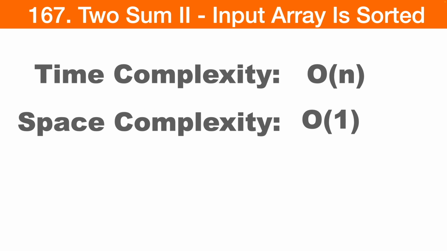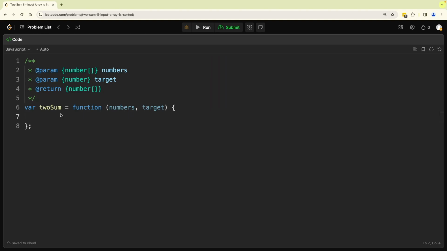With this we will jump on to code. Now we will convert our approach into code. For coding purpose I am going to use JavaScript. As we saw in the visual explanation, the first thing we have to do is create two pointers. First let me create the left pointer, which is 0, the first element, and then the right pointer, which is numbers dot length